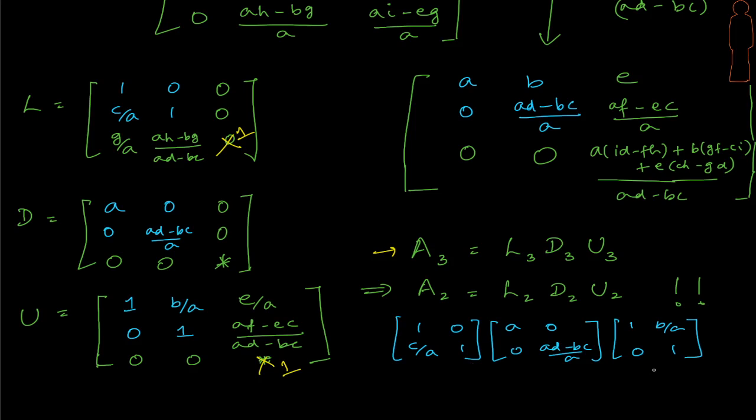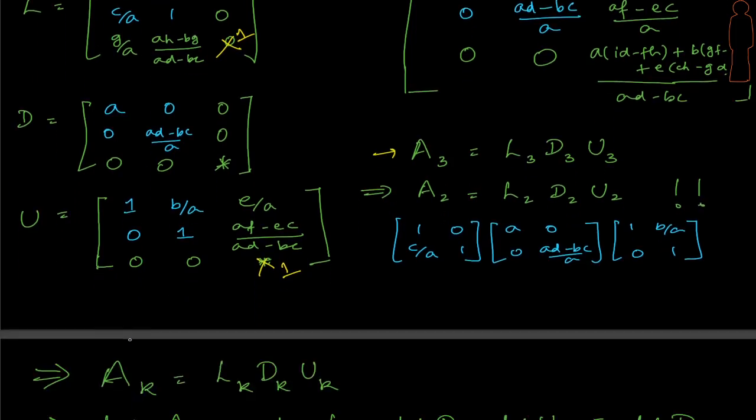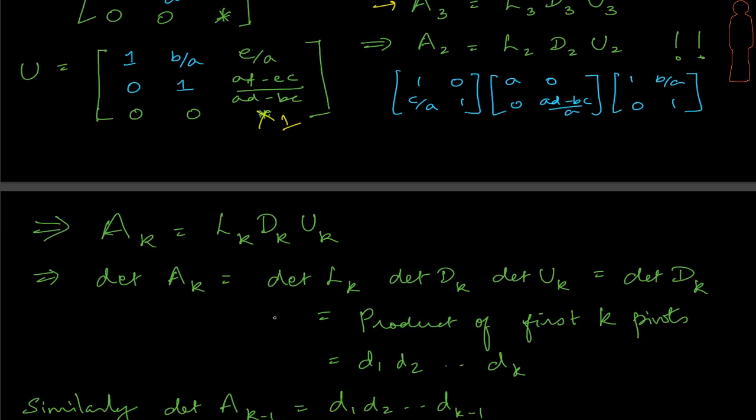It tells us that if we do LU decomposition, then every single submatrix is also produced by the corresponding submatrices of L, D and U, right? So let's generalize this. This is how we're going to write it. We're going to say Ak, where k is the kth upper left part of A, is going to be given by Lk, Dk and Uk. Okay, so let's apply a determinant on both sides, and this is what we will get.